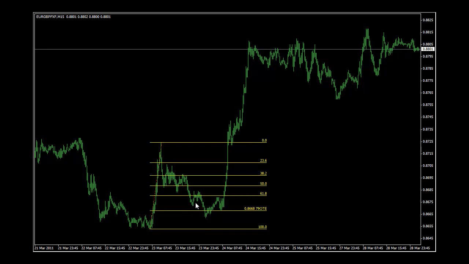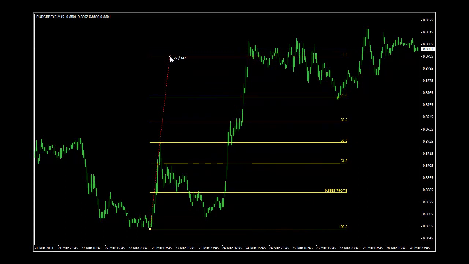My entry was in here, so I had to sit through this little push down, and then found support here again on the 79% retracement, and then boom, just started taking off. Old high resistance becomes support, rallies up, and if you take low to high 50%, a reasonable expectation for this price objective to be met, and I took some out in this area here. I took some out at 87.40 as well. And I'm still presently long,